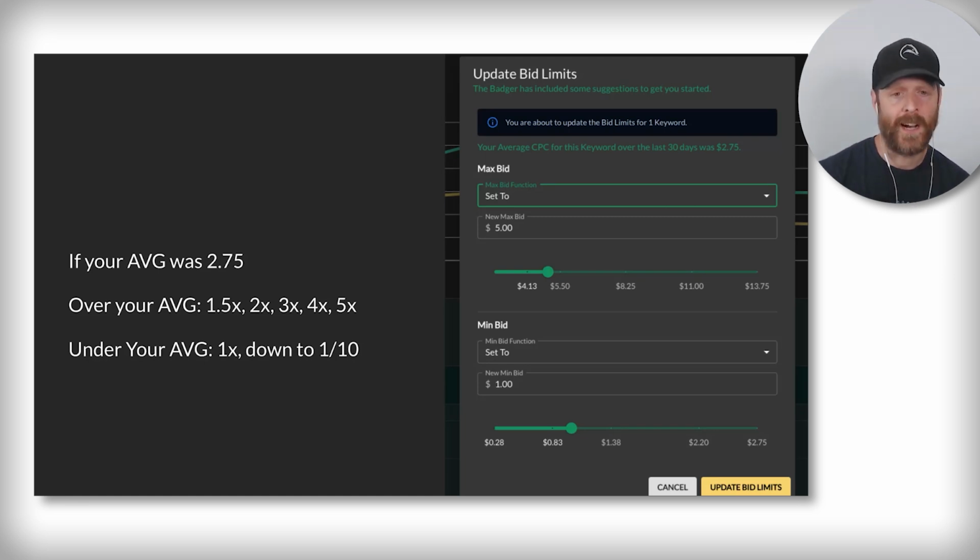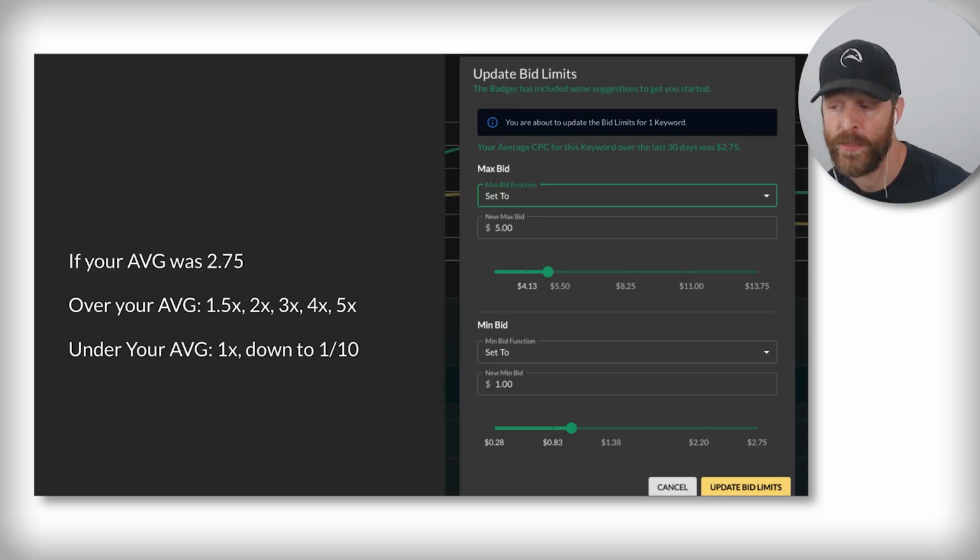So one concept to use here, when you're looking at a keyword, the way that we do it, and you can see it on the right side, you select a keyword and it says your average CPC for this keyword in the last 30 days was $2.75. Just a little reminder there. So as you're looking at that keyword, I'm looking at what it was doing the last 30 days, and then I use that as a threshold. I look at that and I say, okay, last 30 days, it has had 100 clicks. I don't love the ACoS. Now, a bidding algorithm is going to move it in the right direction, but if I wanted to inform it in any way, to put my own guardrails in there to work with the intelligence, that's something that I can do here, which is really neat.